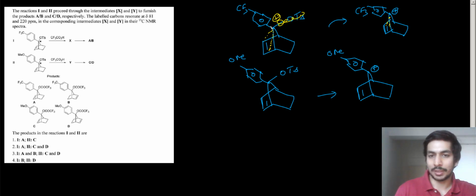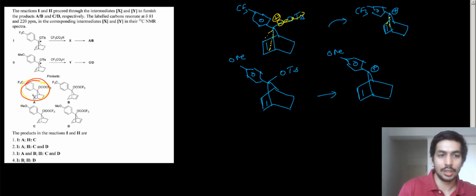Now, this side is basically being blocked. So when we add a nucleophile, in this case the conjugate base of this acid, sorry, not peroxy acid, this is your trifluoroacetic acid, the conjugate base, the acetate, is going to act as a nucleophile. Since this side is already blocked due to the NGP effect, it will attack from this side only. So in the first case, we'll get only product A.